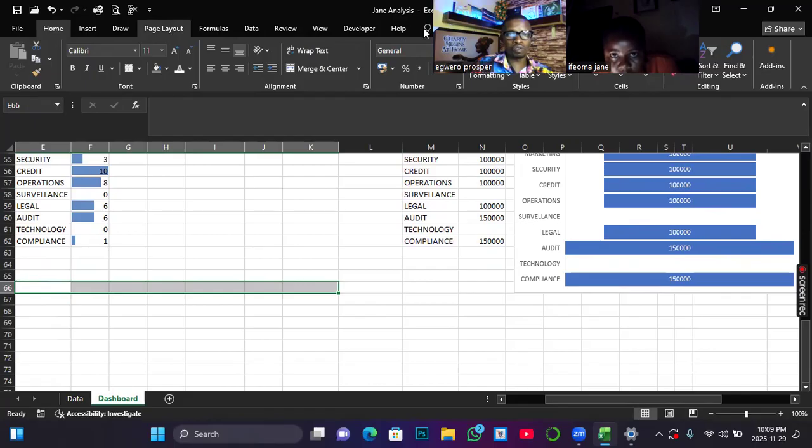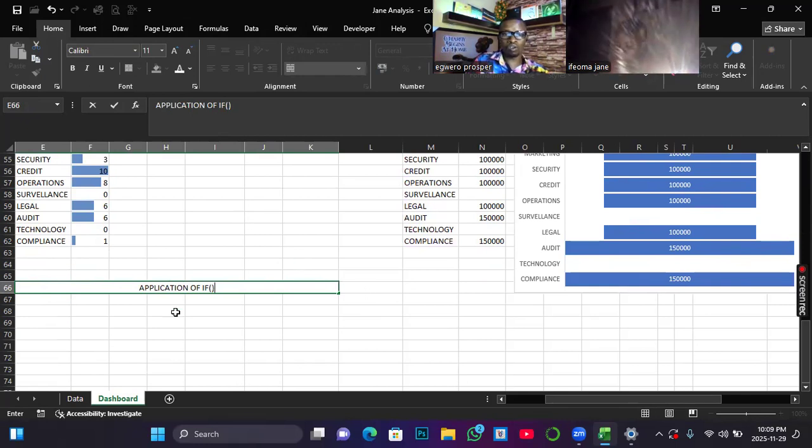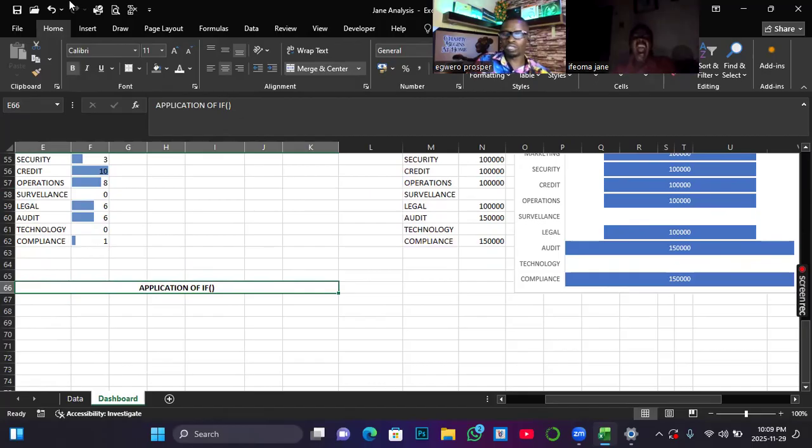Application of the IF function. So how do we define it? The IF function is a logical function in a cell,